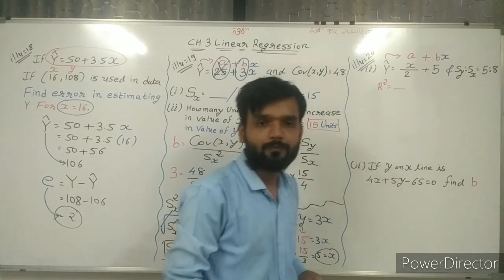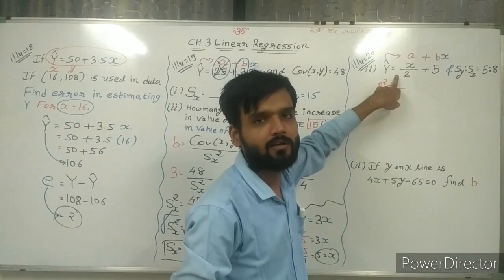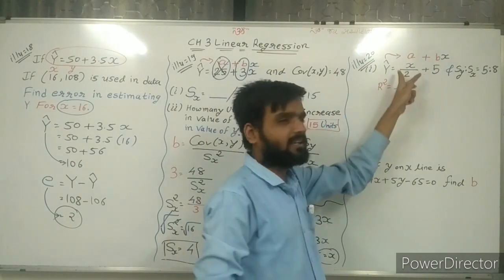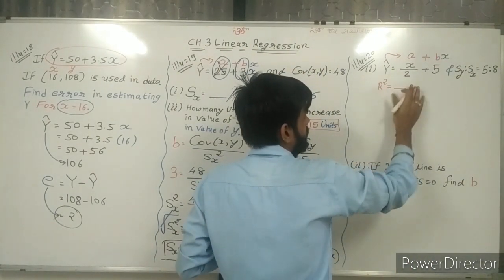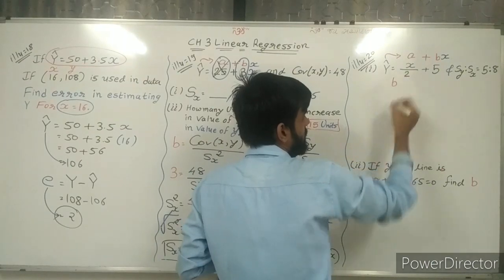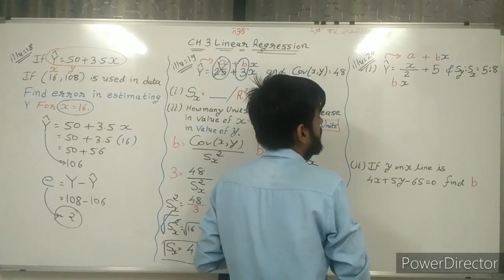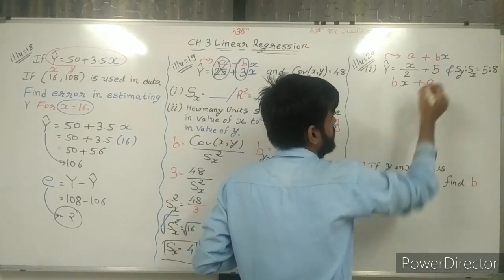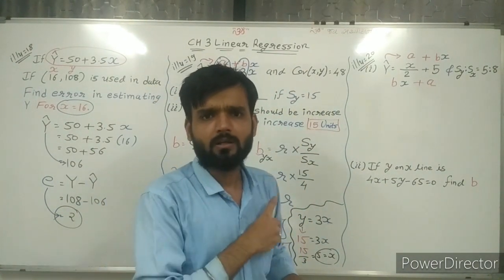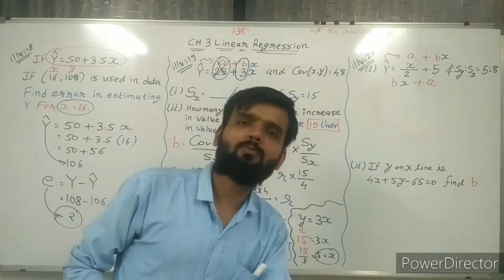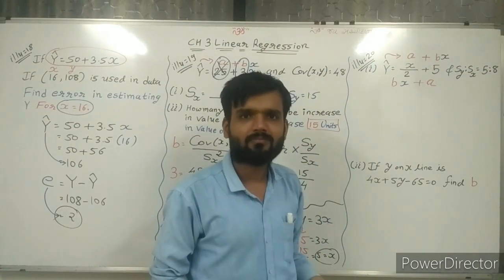This is the formula of y cap. But sir, here x is not given, x is given here. So change it. Don't worry. First write this. So here I am writing first bx plus a. If you are making total of 3 plus 5 or 5 plus 3, both are equal. Same way, a plus bx or bx plus a, both are same.